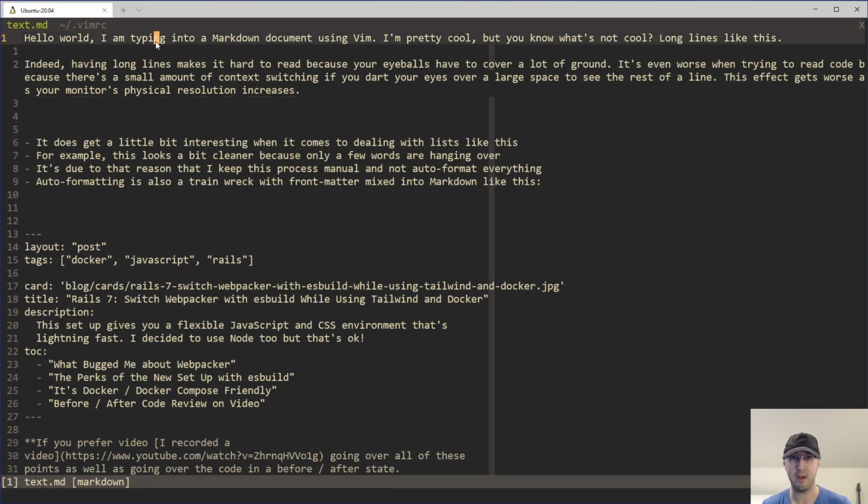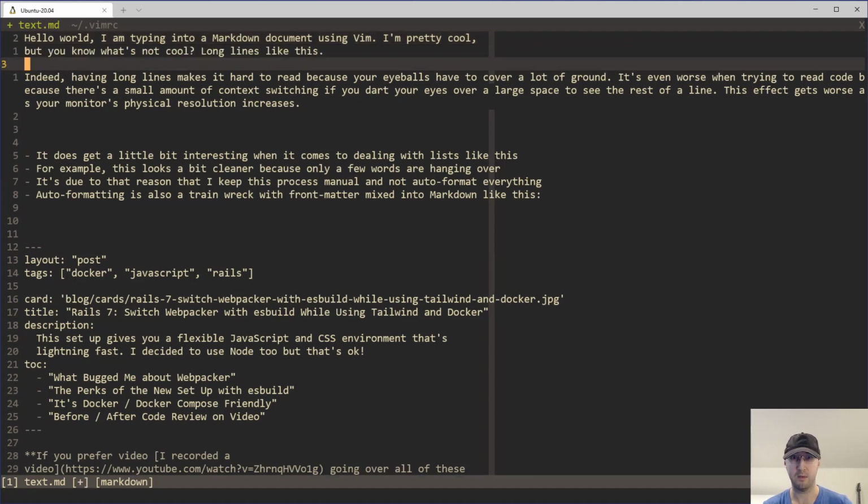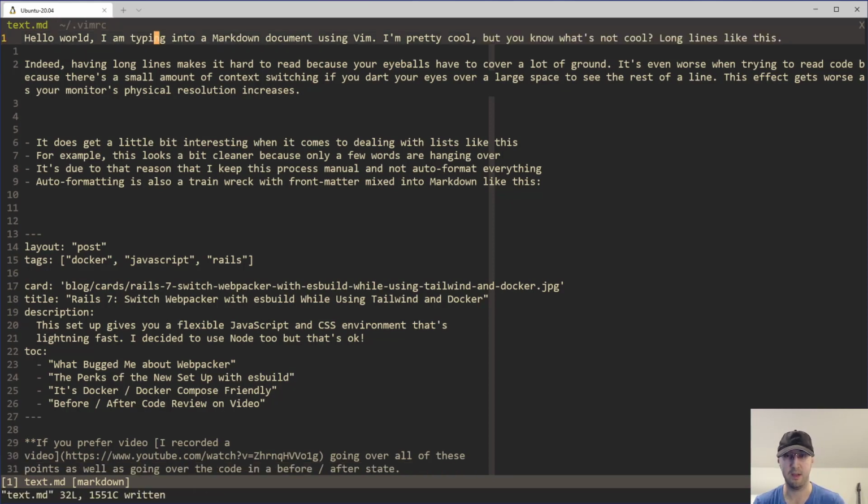So if we go back to the text file here, and instead of running my leader G command, I can just do gqap, and that is going to do the same thing that custom mapping did without having to type in gqap, because let's face it now, yes, that is a little bit verbose to have to type out every single time. There's also other things you can do, for example, since you can just combo this with some type